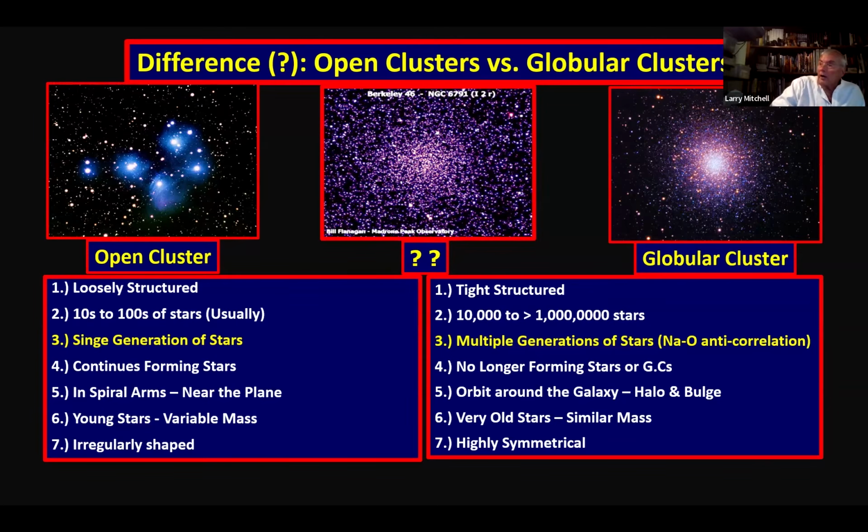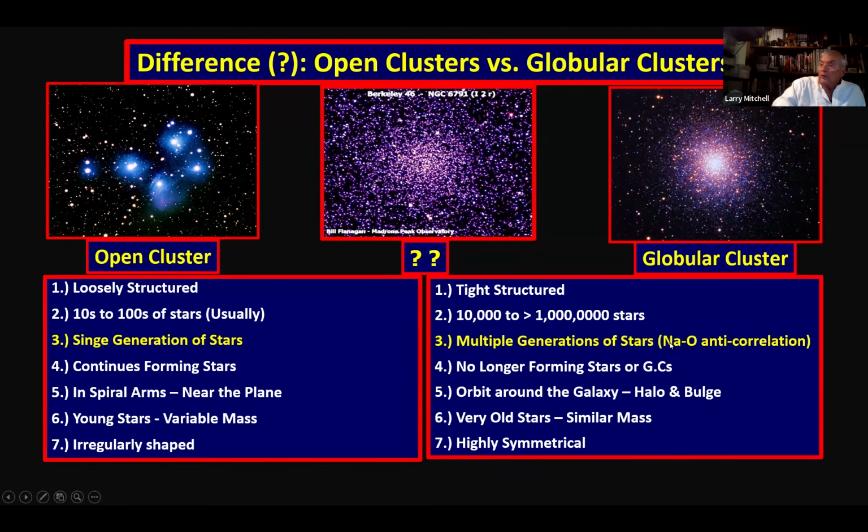So, the difference in open clusters versus globular clusters. There's some stark differences. Open clusters are loosely structured. Globular clusters are tightly structured. I won't go through all of this, but open clusters basically have a single generation of stars. Those stars formed one time out of that nebulous cloud, and they are moving through space together, as I mentioned. A somewhat recent discovery is that globular clusters have multiple generations of stars, and they use something called the sodium-oxygen anti-correlation